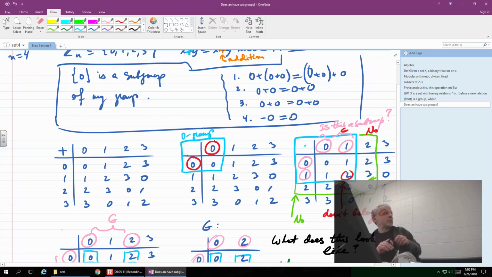Why does a table like that form a group? Because there are no other elements. If you have elements from 0 to 3 in the top row and the left column, then whatever operations you carry out will produce once again elements of that group, numbers from 0 to 3. Okay, so that's why it works out. The rest of the axioms may have to be verified, right? But at least the operations would not take you away from